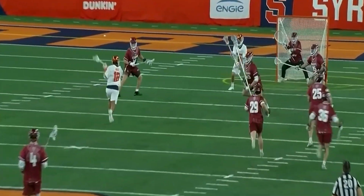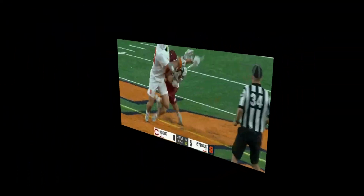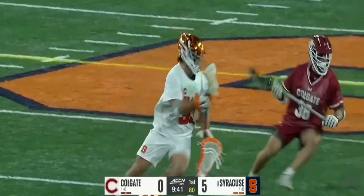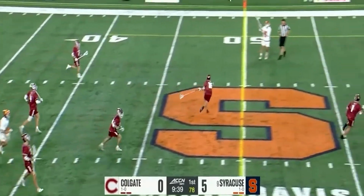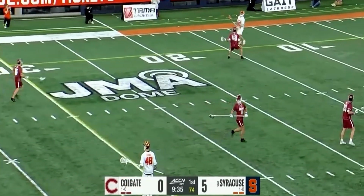Carter Rice follows through from way back. He was looking for the pass, and Christian Muley just let it go. Go up on offense, but Adam, it worked out. Absolutely. And the whole reason for this being a 5-0 game is that the Orange have just dominated at the